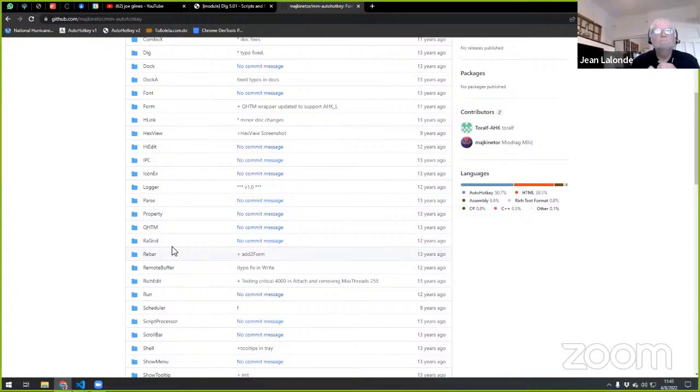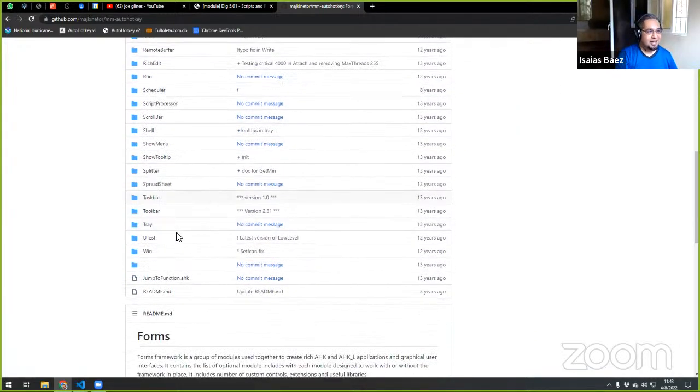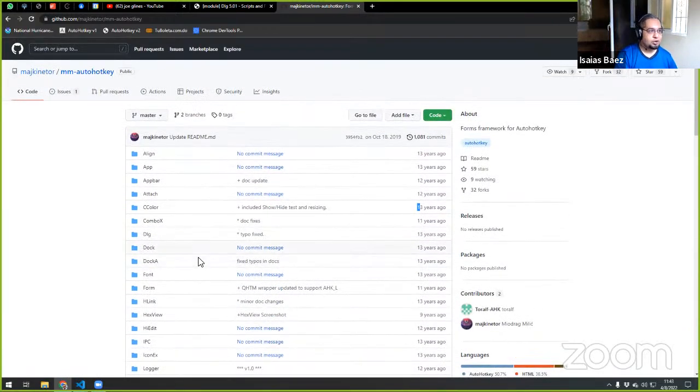I haven't seen for now a framework that is as complete as this one, but for the new Windows forms. So we are stuck with the Win32 controls still, but I think at some point somebody's going to work on connecting to the .NET framework, for example, or the Windows forms for Windows 10 and those kinds of things. So take a look at it.